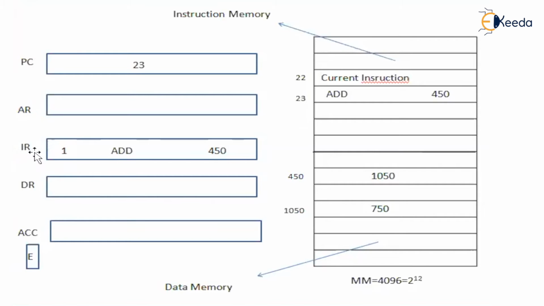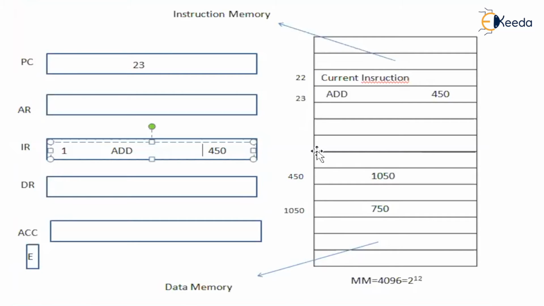This instruction register has three fields. The first field is the mode field. The next three digits are the opcode field. And the next field is the address part of an operand. This address part of the instruction is going to specify an address of an operand. Did you get it? Now, let us start discussing the addressing modes.